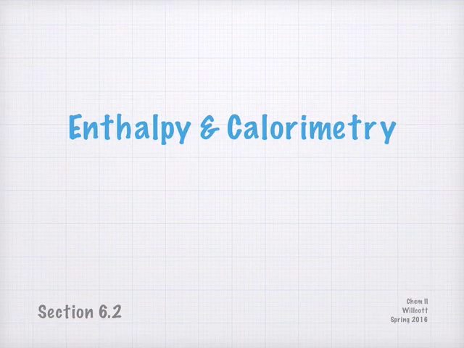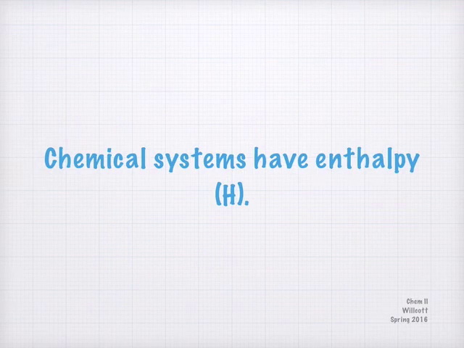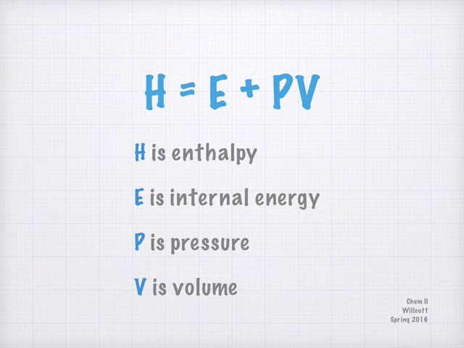Okay, today we're going to be talking about enthalpy and calorimetry. Now recall these are our problems from our last class. Chemical systems have enthalpy, and recall from our previous class that we did talk about the internal energy available to chemical systems. And as we look at a definition for enthalpy, enthalpy is equal to that internal energy plus pressure